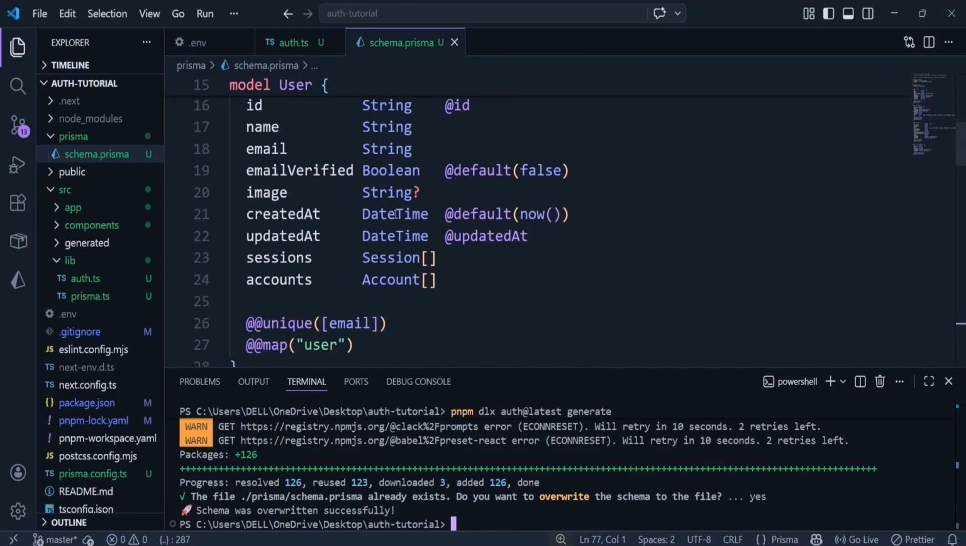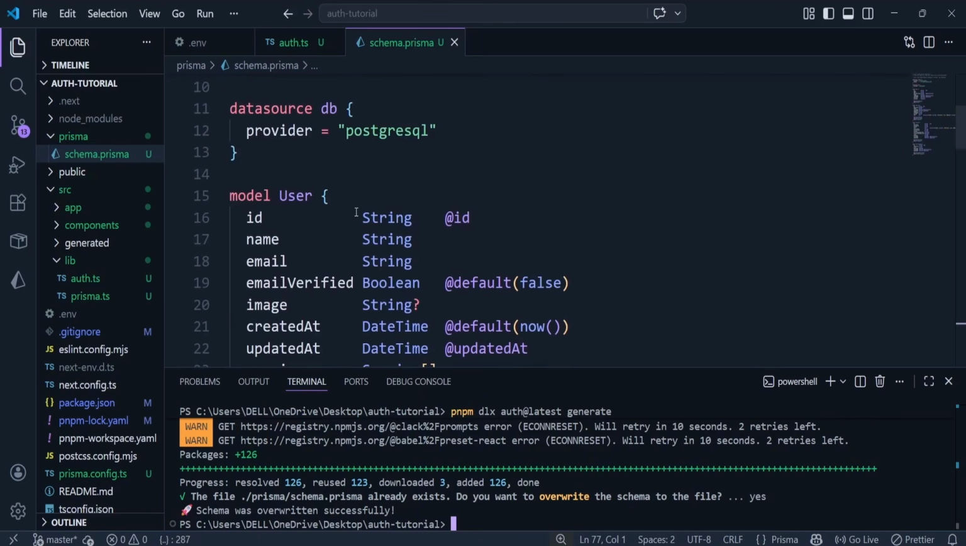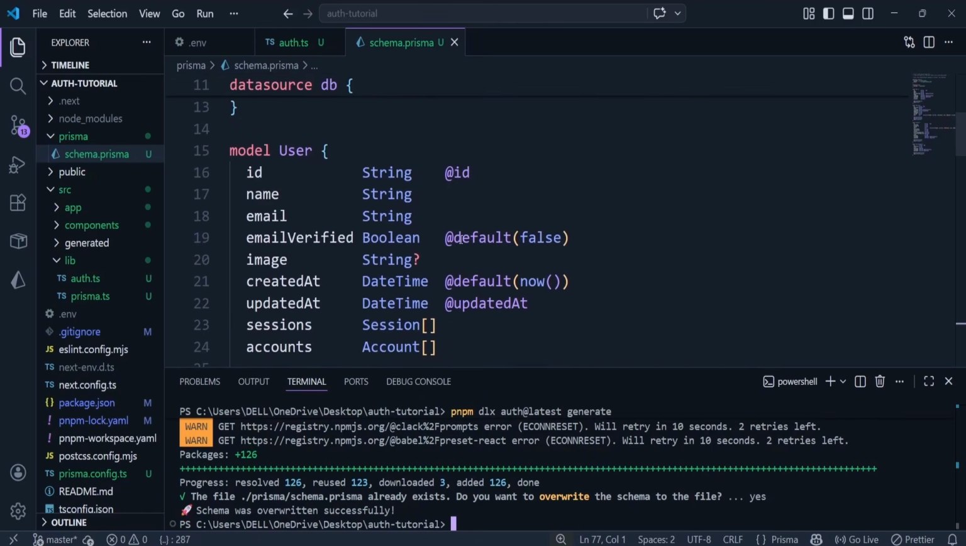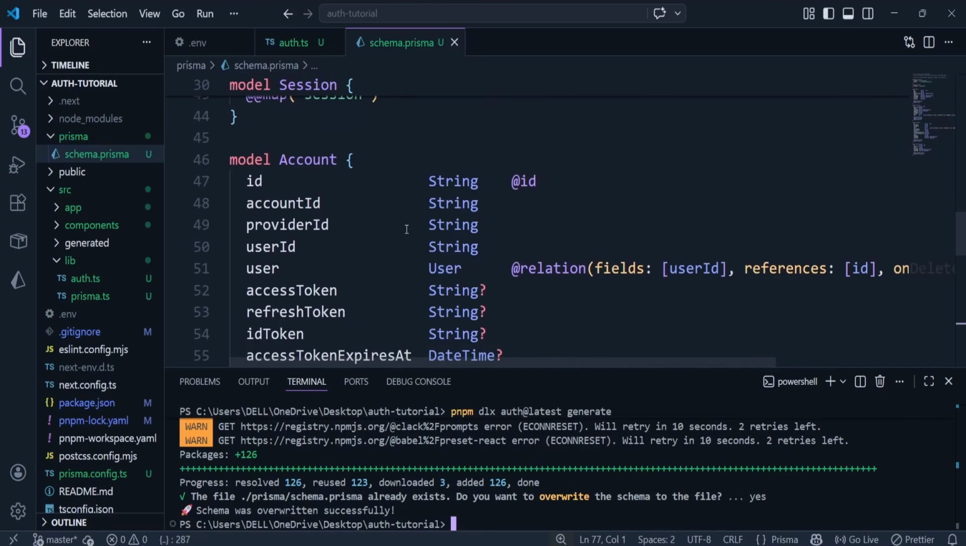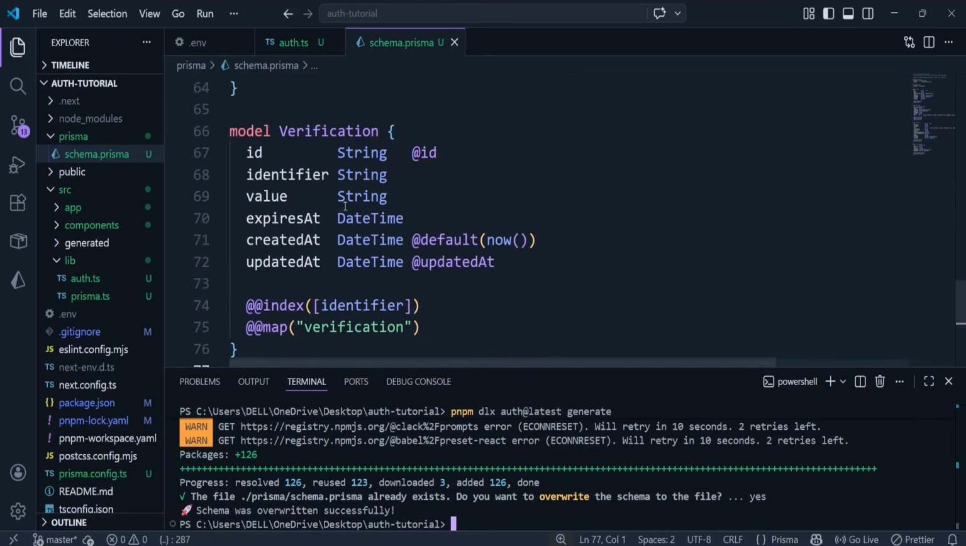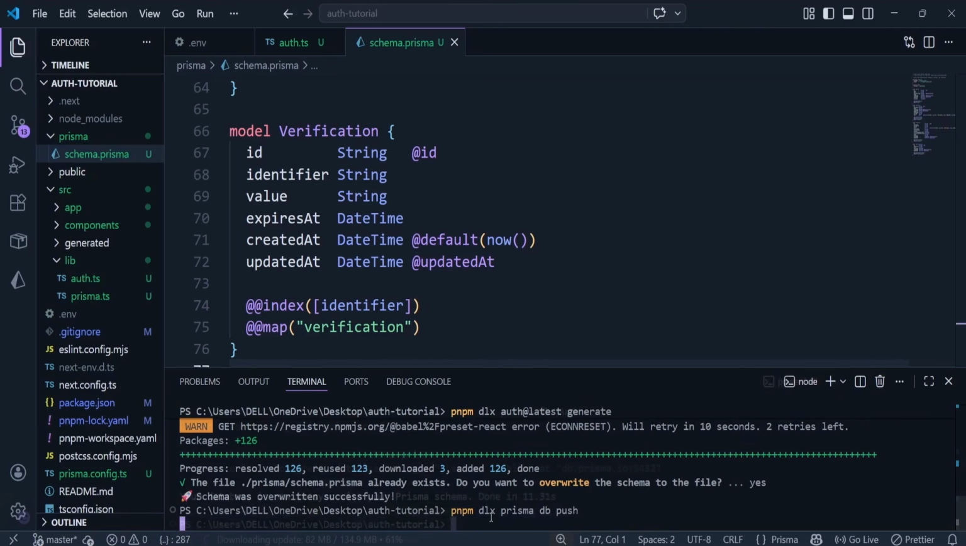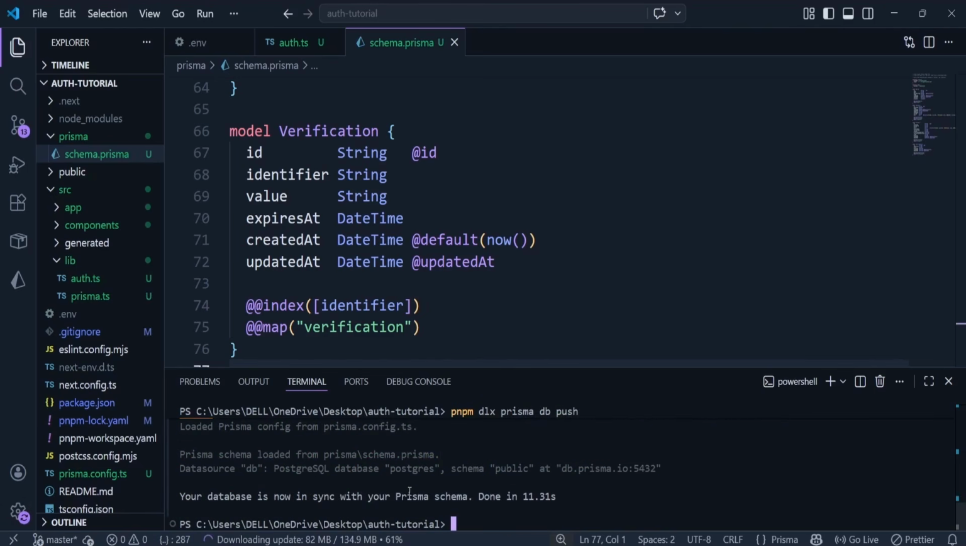And you can see right now that BetterAuth has already generated the models we need. You can see the user model, the session model, the account model, and also the verification model. So now we're just going to push this to our database. We just do pnpm dlx prisma db push, click enter, and then we're going to get "your database is now in sync with